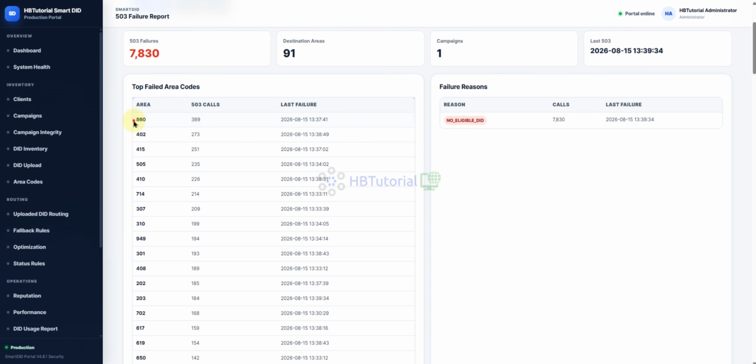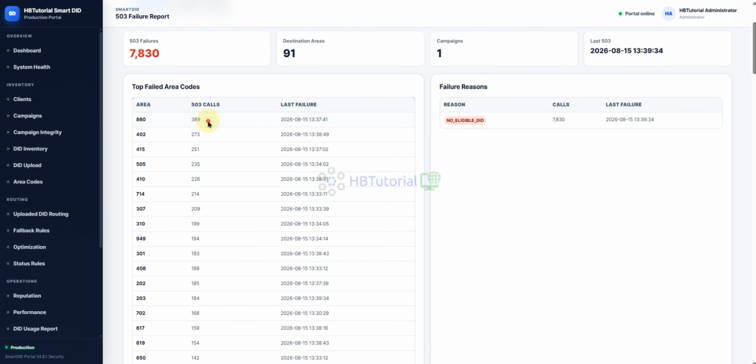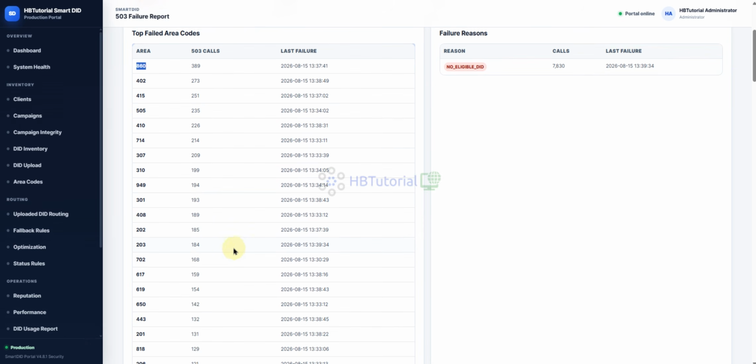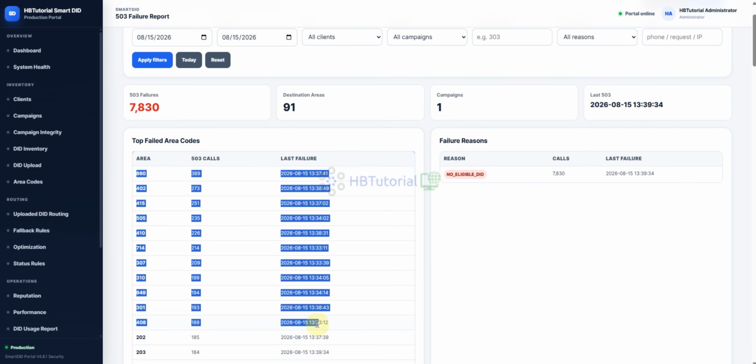For example, this 860, from this day you already made 389 calls. For those 389 calls, the calls will not get passed through because you don't have any DIDs or any nearest area or state for those.